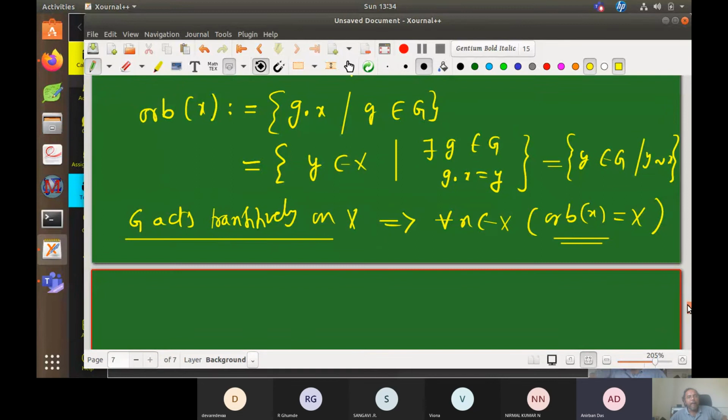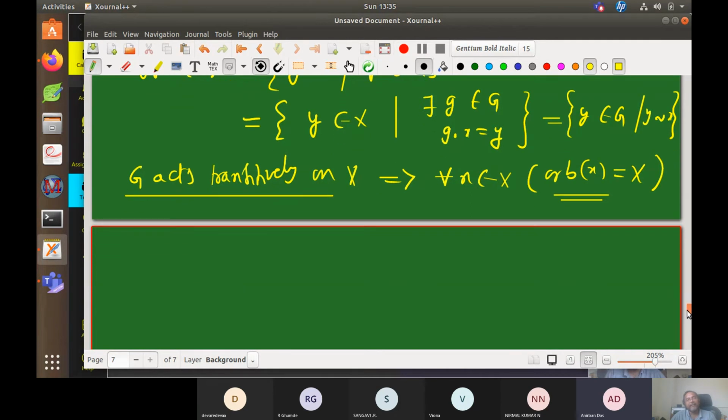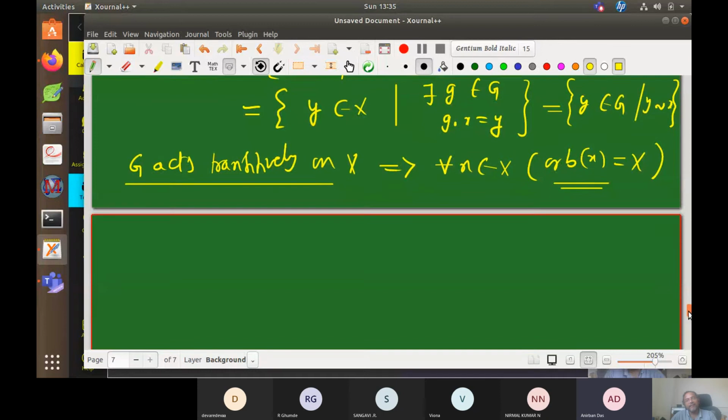It naturally looks like an orbit, isn't it? It means all the places where the element x is going. Also, with Kumarsan sir's football ground example in the YouTube lectures, a particular football goes to some places, and those places we collect and call the orbit. The orbit of Earth is the place where Earth goes. So the orbit of X is the place where X goes, like that maybe.